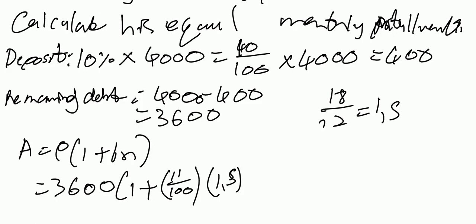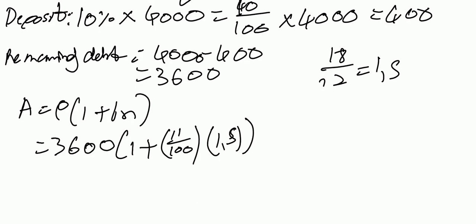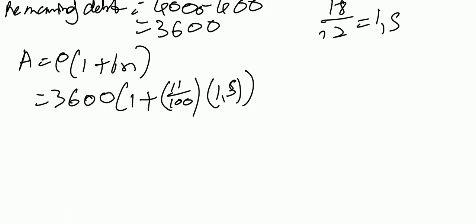Remember I said N must always be in what? In years. Then when you punch this on your calculator, you're going to have 3,600 times